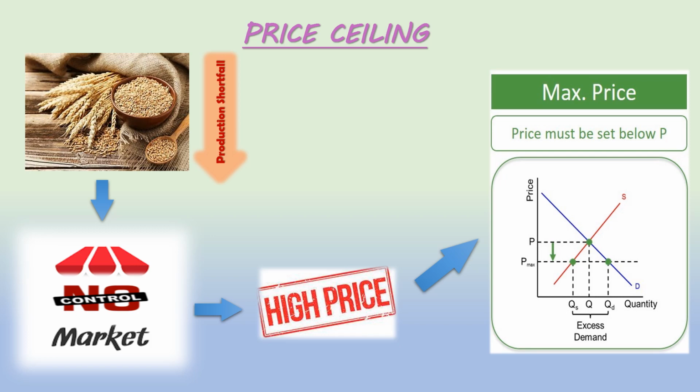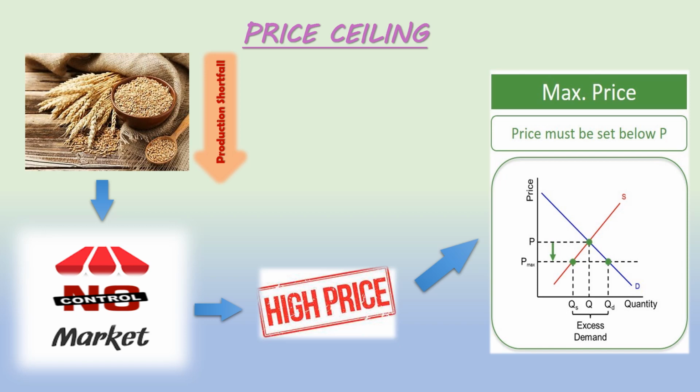At this price, the demand is OQD and supply is only OQS. Hence, there will be excess demand of QSQD. The question is how to distribute the limited supply to the buyers. It can be left to the sellers, and the seller can distribute on the basis of first come first served principle. The seller can also distribute the products according to their likings.